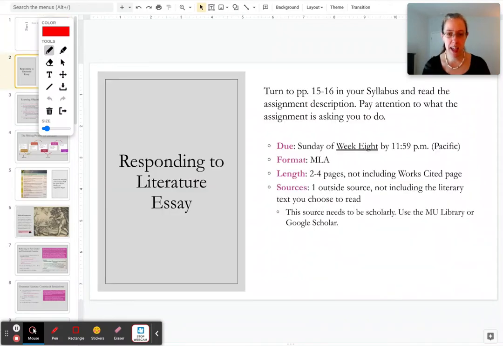Now, as I've always been saying, at this point, it's a good time to go back, reread the assignment instructions, make sure you're not missing anything or overlooking anything. This essay is due this Sunday, and it kind of functions as the final for this course. So your essay should be between 2 to 4 pages. That does not include the works cited page, so that's in addition to the works cited. You do need one outside source, which I'll cover in a little bit, how to find, in addition to the literary text that you chose last week and will be using for this essay.